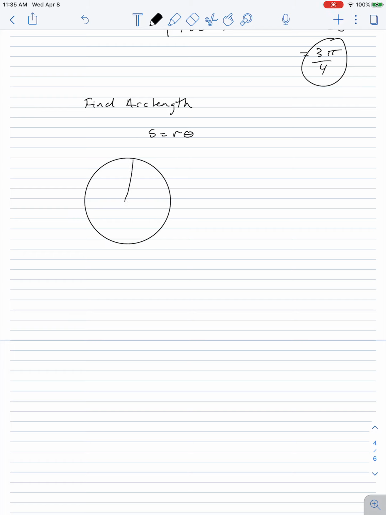R is what you'd hope it to be. It's the radius. Theta is the angle that's within the circle, and S is the length of the circumference of the circle on that little pi piece. Okay, and your homework problems will give you 2 of the 3 pieces, and you just solve for the one that you don't have. So for example,